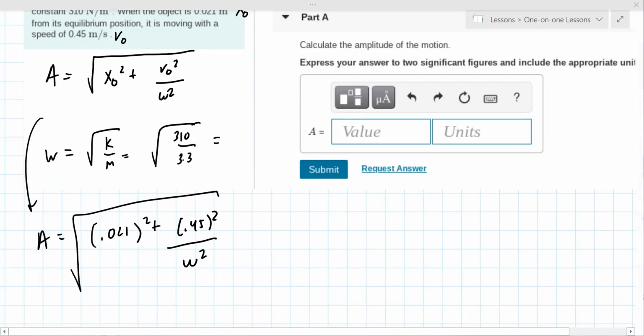So let's get that number here for you. W is the same as in the previous section. It's the angular velocity. It's the square root of 310 over 3.3. So it's about 9.6922. Always keep a few more decimal places than you need, and I'm going to use that number in the next part. So it's the square root of 0.021 squared plus 0.45 squared, divided by the value for W we just found. So that ends up being